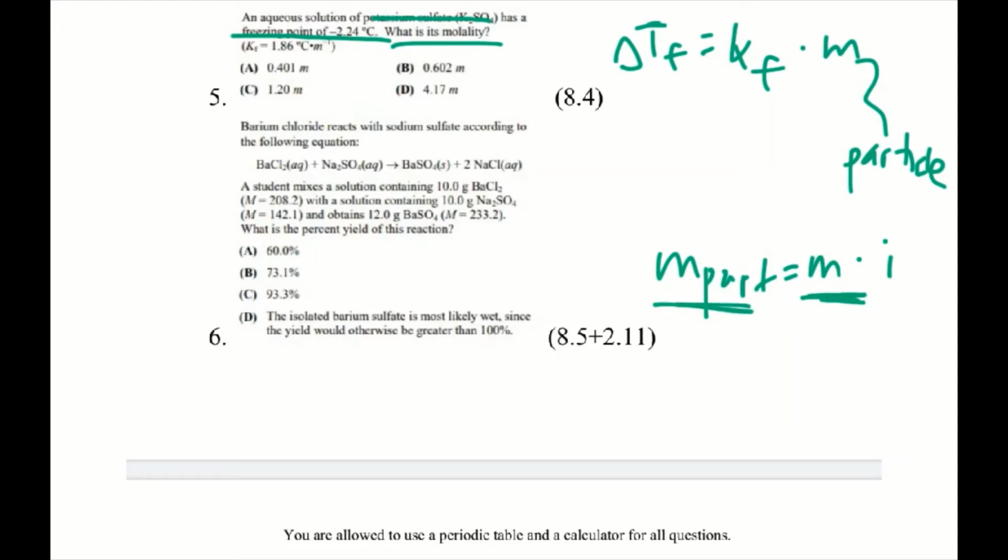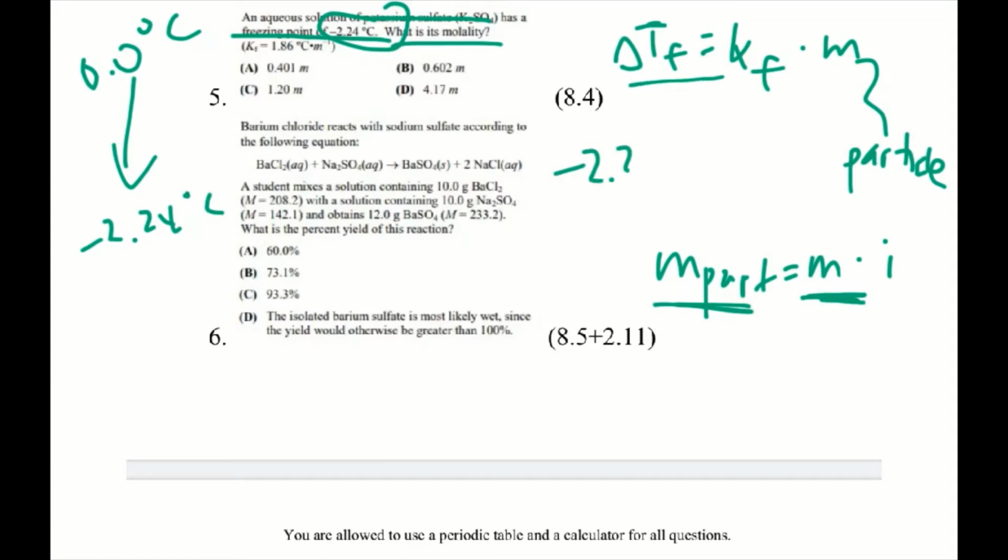So essentially we're trying to calculate the molality of the compound and not the molality of the particles, so watch out for that. So we need to know the freezing point of water, and the freezing point of water is 0.0 degrees Celsius, and that means that this freezing point depression that we have will go from 0 to negative 2.24 degrees Celsius, which means that delta Tf will be negative 2.24, or actually no, it'll just be a positive because we actually subtract this number from that. So this number is equal to Kf 1.86 times the molality of the particles, and doing the math, 2.24 divided by 1.86 will give us